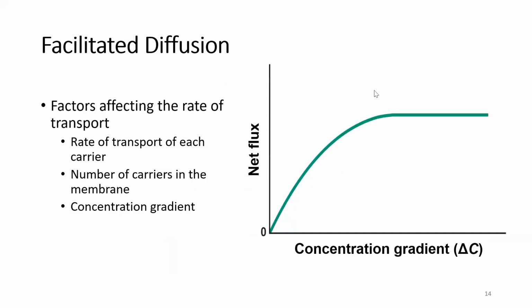Now, when we look at the factors that affect the rate of facilitated diffusion, that is going to be dependent upon the rate of transport of each individual carrier. So how fast can each of these carriers get glucose across? And so it's going to also be determined by the number of carriers that are in the membrane, right? And so as we can see here, the graph is going to look a little bit different than our simple diffusion graph did. So just thinking back to our graph for simple diffusion, actually, let's jump back